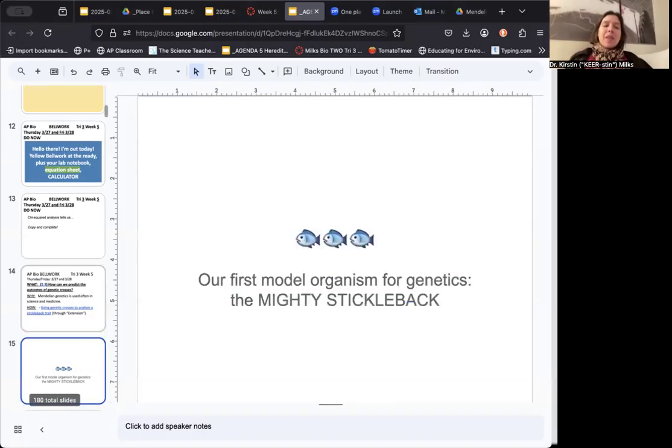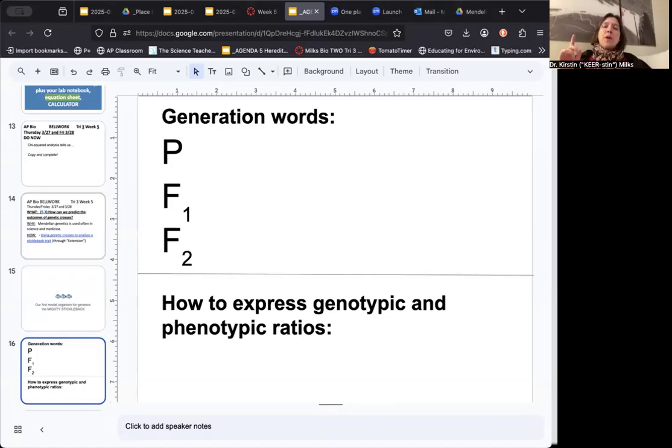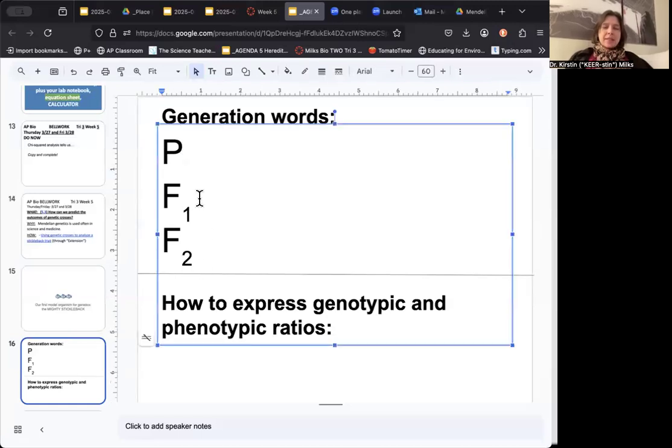So the first model organism for genetics really is the mighty stickleback. This is a tiny fish with some big powers. Before we think about this, I wanted to show you some generation words. So you can think about this as the grandparents, the kids, and the grandkids. You can think about this as kids, the parents of those kids, the grandparents of those kids. So this one stands for parental. This is filial,